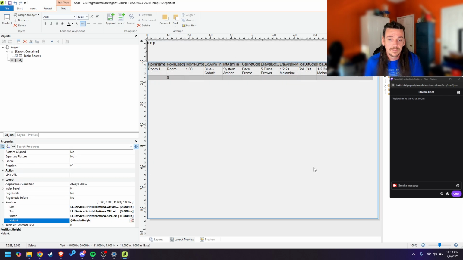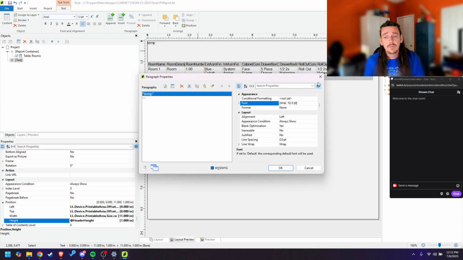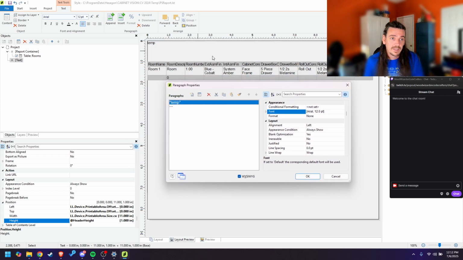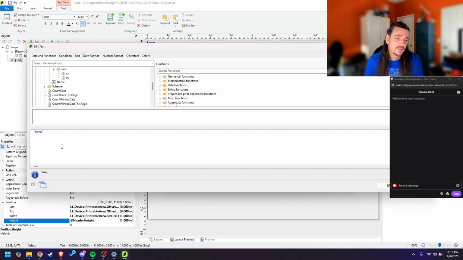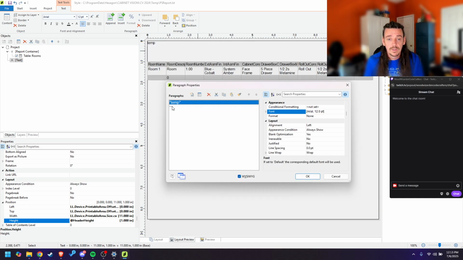Now, when you double click on the text box that we created here, you're not going to get back to the original interface that you saw when you first added text. In order to get back to that window or that view, you have to actually double click on the value here, or I think maybe there's a way to edit it, but I just double click on it, right? So I'm